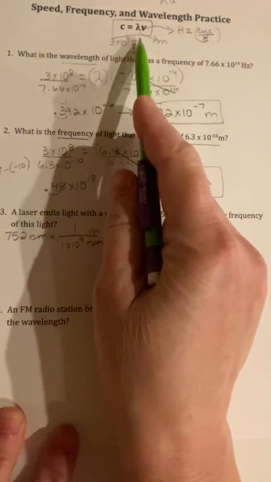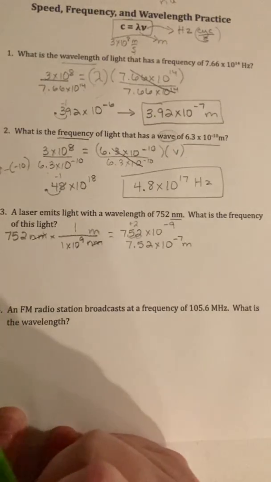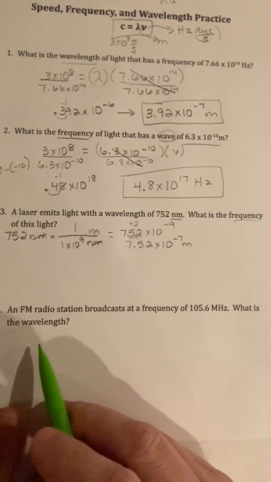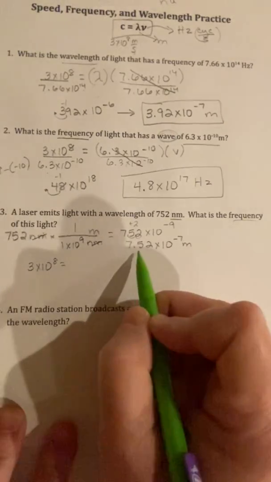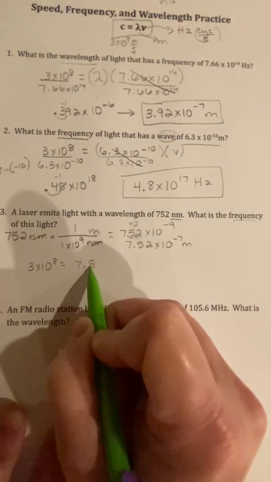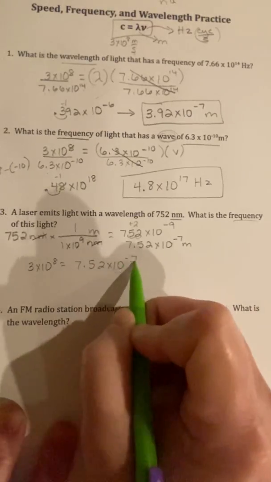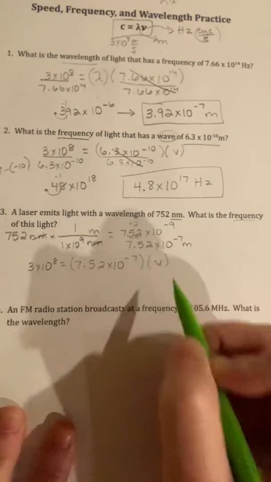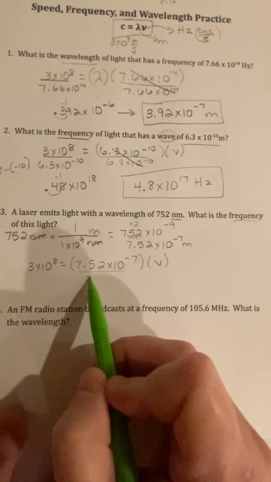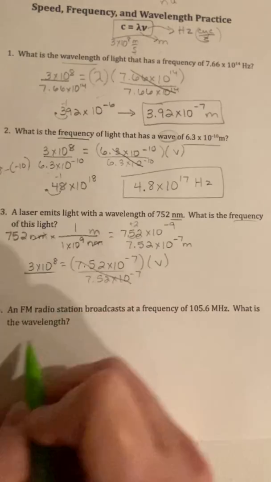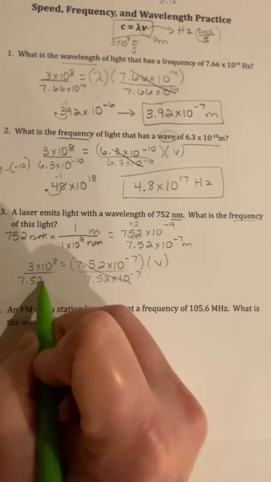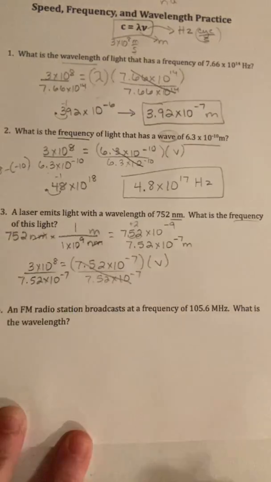Now I can use this formula up here to solve for what they want me to solve. They want me to find the frequency. So I'm going to say 3 times 10 to the 8th is equal to my new answer in meters. And then I'm finding frequency, so I'm just going to divide. Divide here, get rid of it on this side. You're solving for V. So 7.52 times 10 to the negative 7th here. So take 3 divided by 7.52 and you get